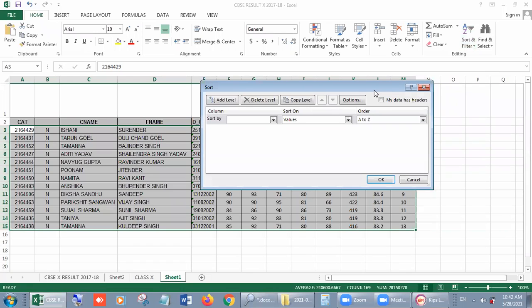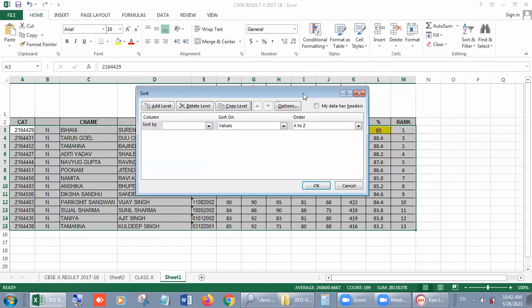Click on it. We have this kind of dialog box on the screen. We have to click on Sort by. When you click on Sort by, it will ask in which column you want to make the sorting, right? We can see our candidate name is in the C column.